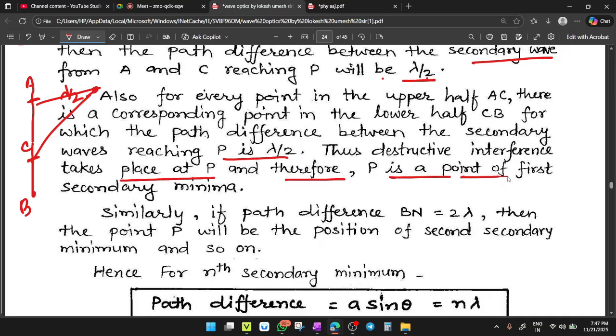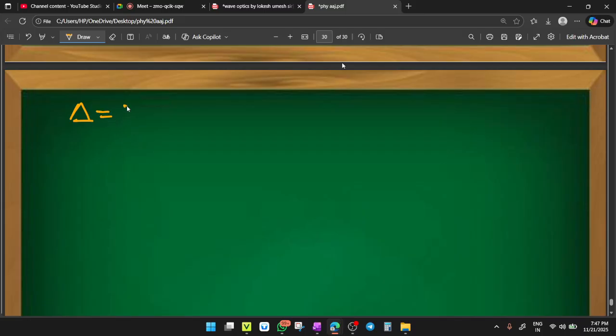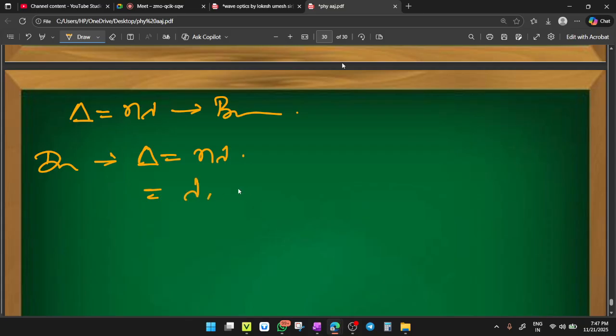Therefore, point P is the point of first secondary minima. Clear or not clear? In this way, there will be a minimum intensity and you will get your first secondary minima. Similarly, first you have seen your path difference. In Young's double slit experiment, if delta equals n lambda, you will have a bright fringe there. But here, during diffraction, when your path difference equals n lambda, it means for lambda, 2 lambda, 3 lambda, 4 lambda, likewise for n lambda, you will have a dark